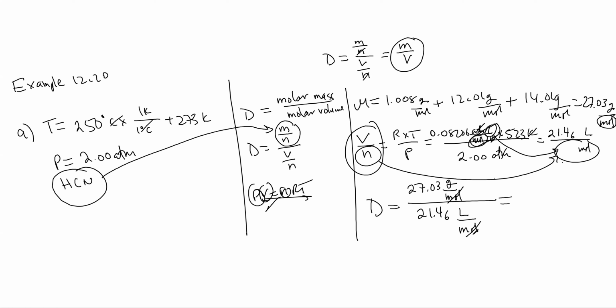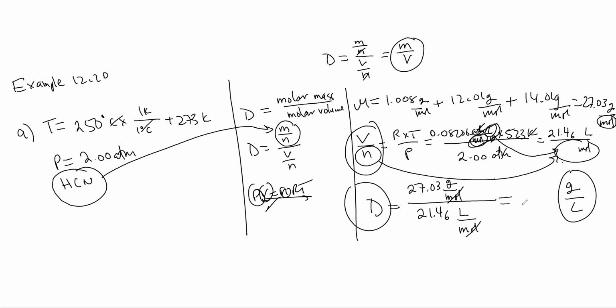And so with the units, you will not be able to get some logic going in here to get the final units for density, which is gram per liter, which is what the density of the gas is. We use gram per liter here, and now it's correct. And so all we have to do now is divide the molar mass by its molar volume, which is 27.03. We're going to divide it now by